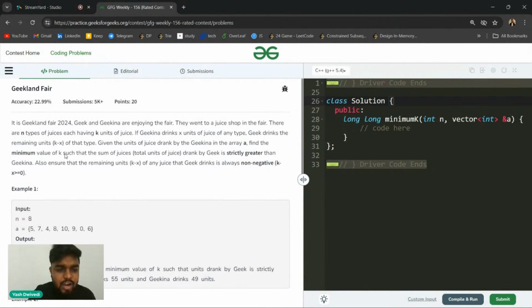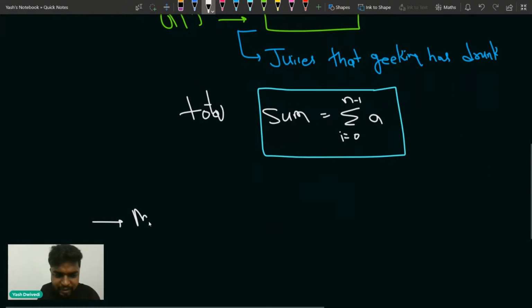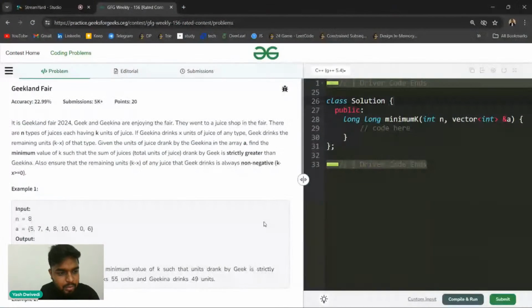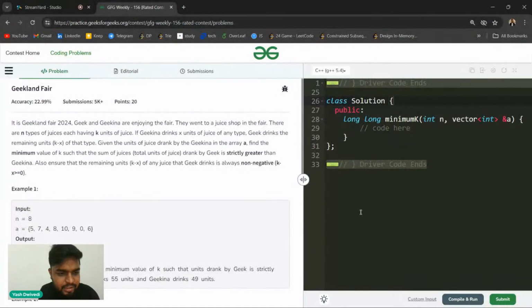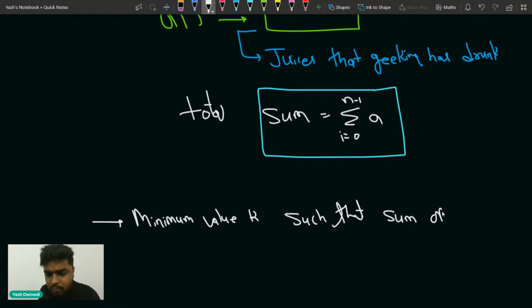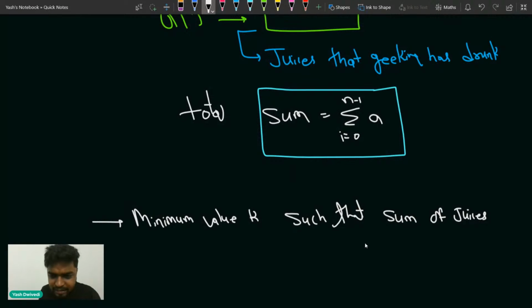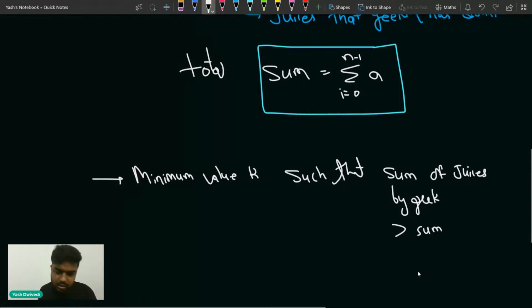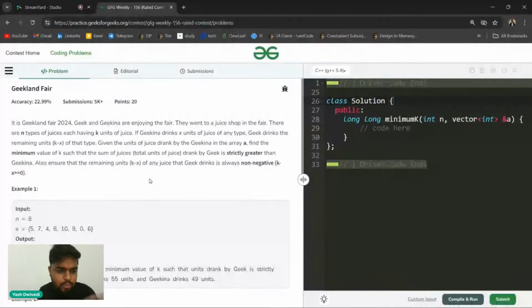You have to find the minimum value k such that the sum of the juices drunk by Geek is greater than the sum drunk by Geekina. This is what you have to find here.